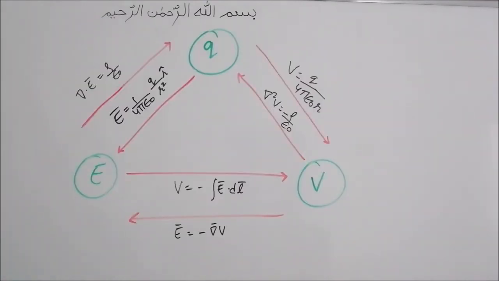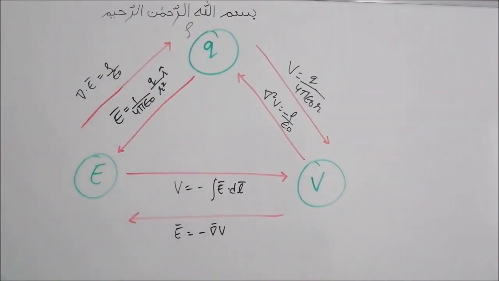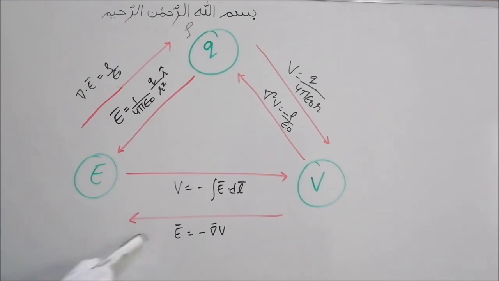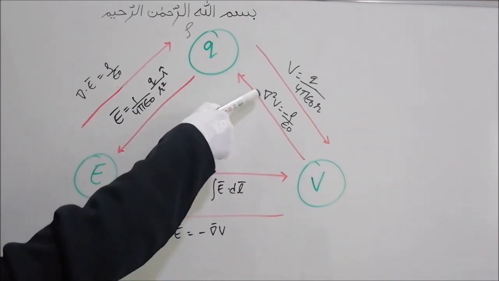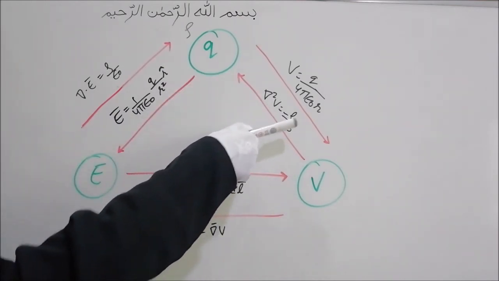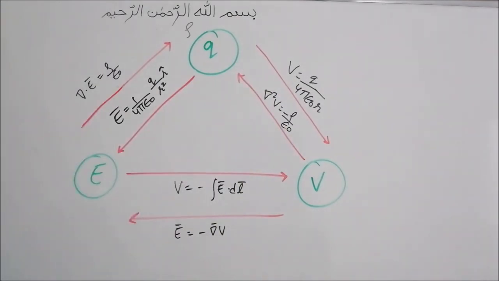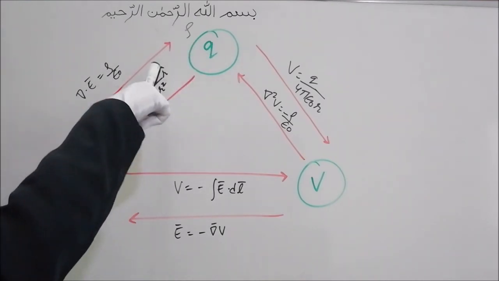Here we have the relation between three fundamental quantities of electrostatics: Q or rho, E and V. If you want to find the potential using the electric field, V equals minus integration E bar dot dl. If you want to find the electric field using the potential, E equals minus del V. If you want to find the relation between Q and V, we can either use Poisson's equation, del squared V equals minus rho upon epsilon naught, or the potential V equals Q upon 4 pi epsilon naught R. And if we want to find the electric field using Q, then it is 1 by 4 pi epsilon naught, Q by R square into R hat.